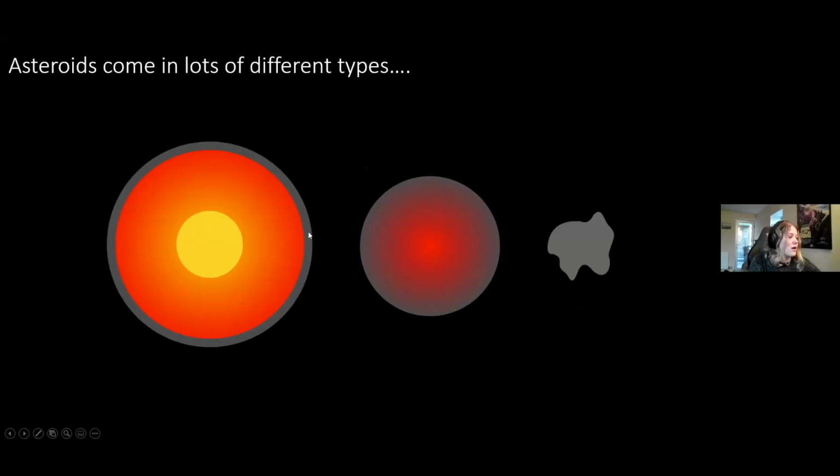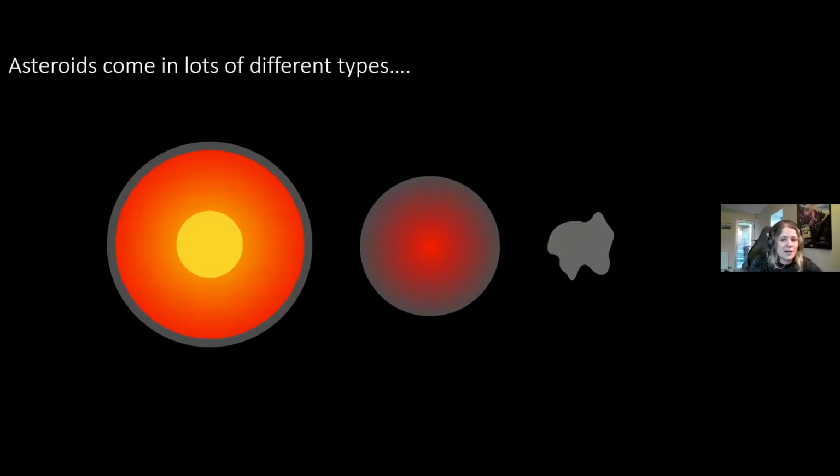You see this little cartoon here, we have a central area, which is probably a metallic core. Then you have a mantle and you have a crust. You might have heard those terms, core, mantle, and crust, when talking about the Earth. And this is very similar. There are some asteroids out there in space which have the same sort of internal structure as Earth, but probably on a much, much smaller scale. So they're not quite as large.